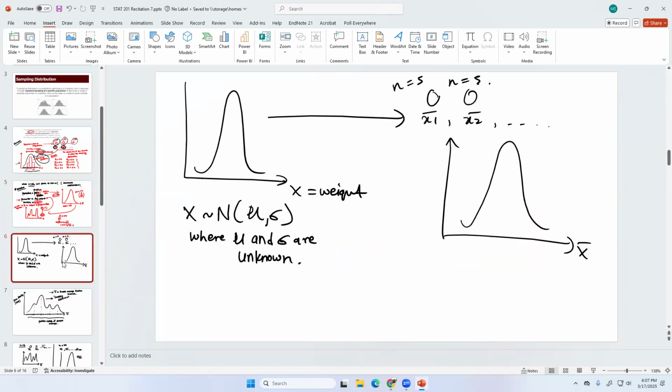Second case could be you might know that the weight of people in Asia is normally distributed, but you might not know what the center of this distribution is, and you might not know what the spread of this distribution is. Okay, in such cases where you know the population distribution, there's no restriction on the sample size. You don't need to use the central limit theorem. This will be a normal distribution no matter how large of a sample you take. So this X bar will be a normal distribution with this.